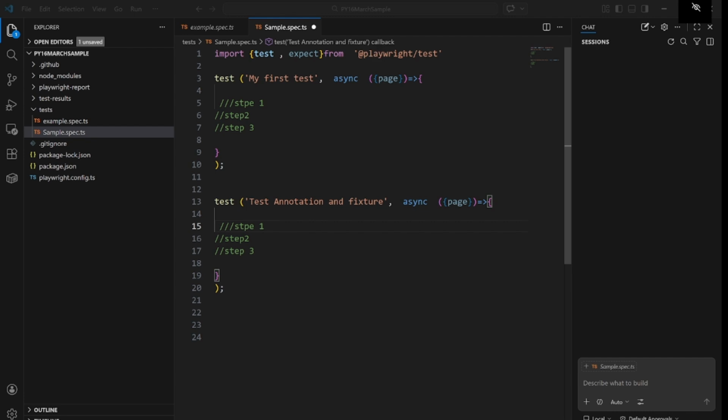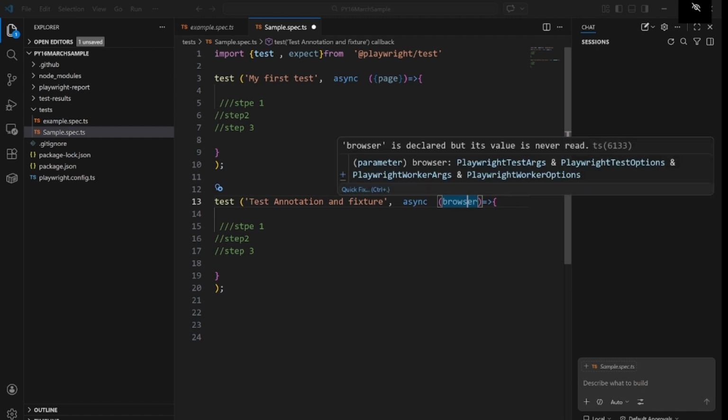So earlier we have seen page. Now today I will explain how things actually work internally, so that you will have a clearer picture of Playwright. Today we are going to see the browser context. So let me write here browser. Now what actually is the meaning of this browser context? Basically, Playwright provides you some global fixtures. A fixture basically means a global fixture, which you can use anywhere in your overall script.